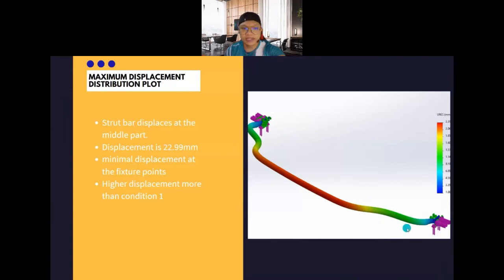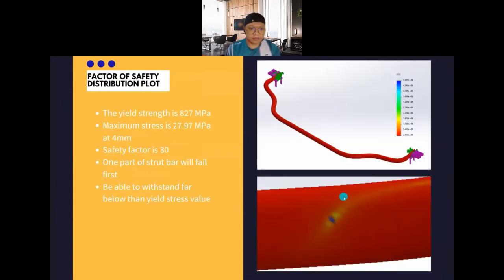Last but not least, I will explain about the factor of safety distribution plot. The yield strength of the material is 827 megapascal, and the maximum stress experienced by the strut bar at 40 millimeter element size is around 27.97 megapascal. The safety factor obtained from our calculation matches the safety factor obtained from the